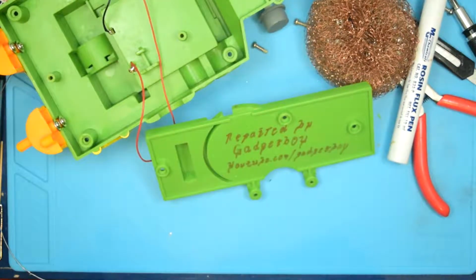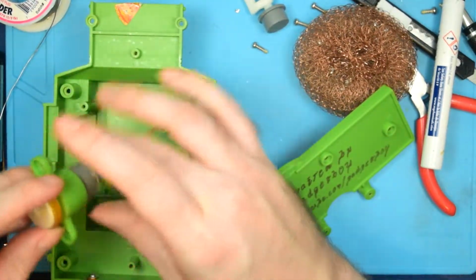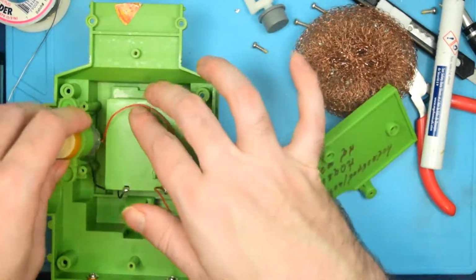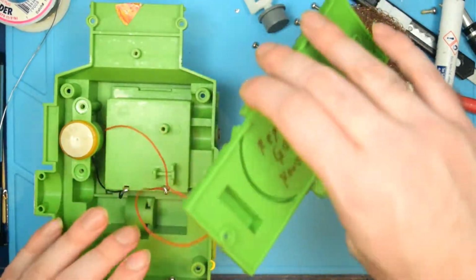There we go. So I'll just throw that in there. Nobody's ever going to see that, but in case somebody in the long future decides to take this apart, maybe it needs further repairs or whatever, I'll have left a little bit of a legacy inside the machine there. So, all right, let's go ahead and